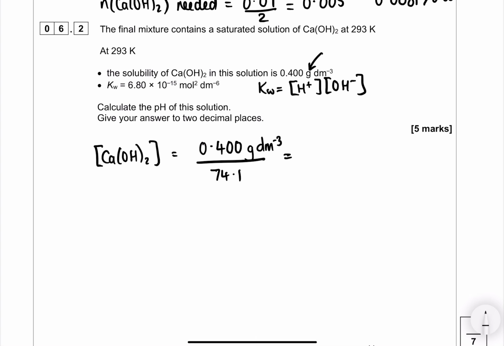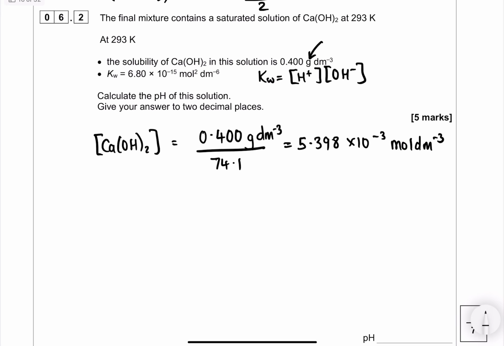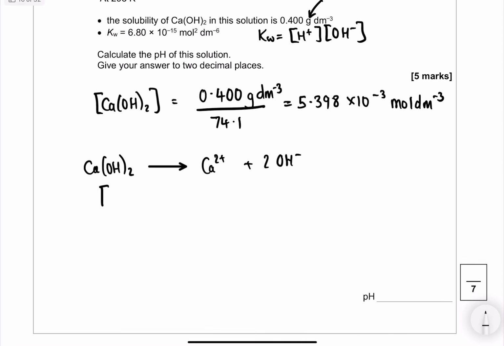So you want to do 0.4 divided by 74.1, 5.398 times 10 to the minus 3 moles per decimetre cubed, but that's for calcium hydroxide, and every calcium hydroxide in solution provides 1 calcium ion and 2 hydroxide ions. So the concentration of OH minus is 2 times this number,